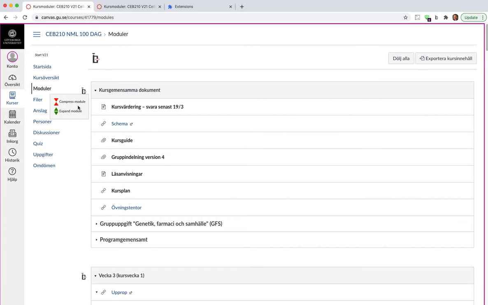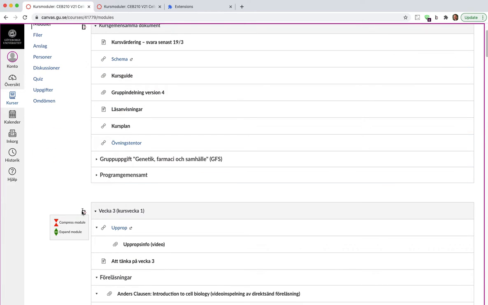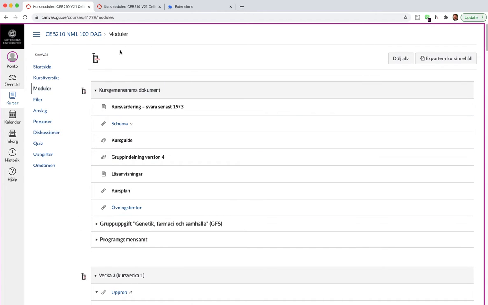And this change was done so that there will be less visual clutter on the page and a cleaner impression for the viewer. And in addition to these drop-down menus here, there is also a drop-down menu from the top icon, which is slightly larger, and here you can choose to compress all modules or to expand all modules like before. And you can also notice that there is a third item on this drop-down menu, which is to show